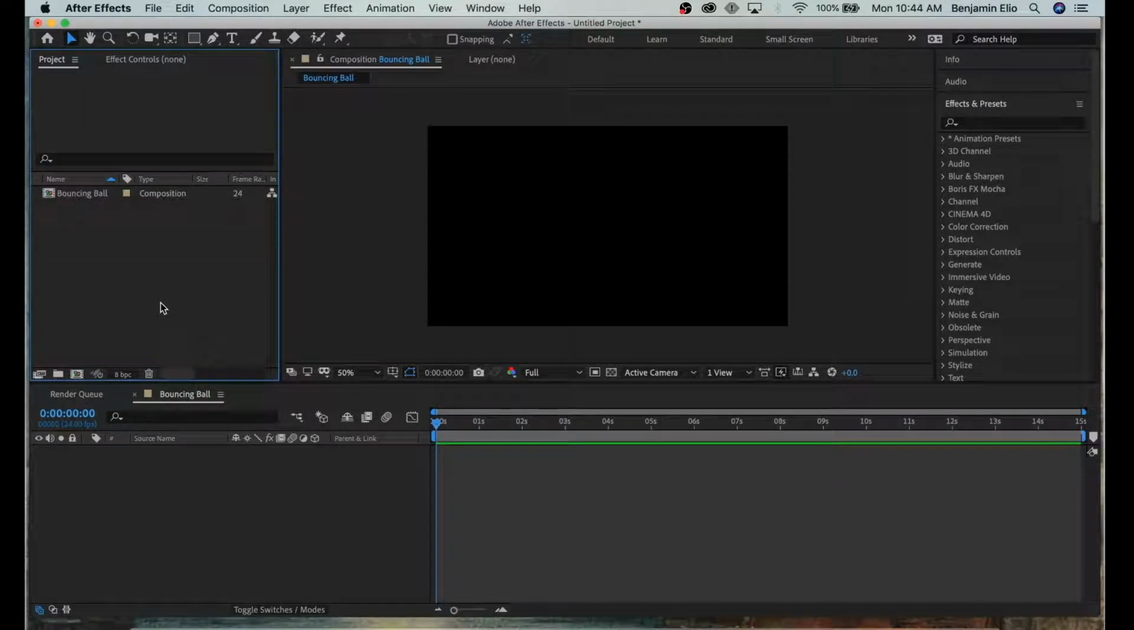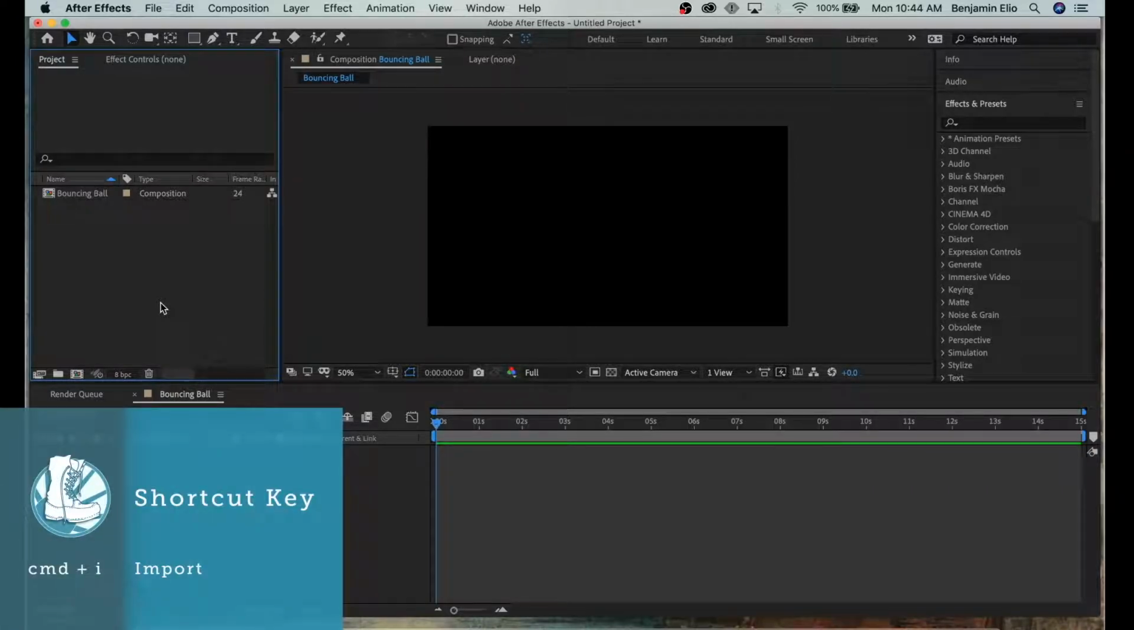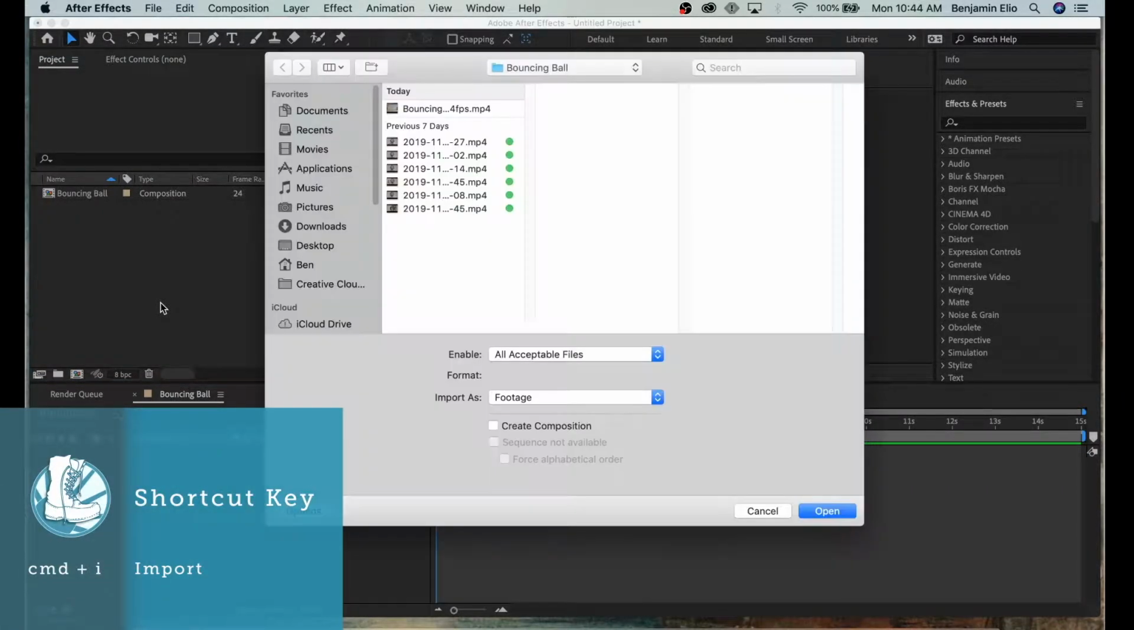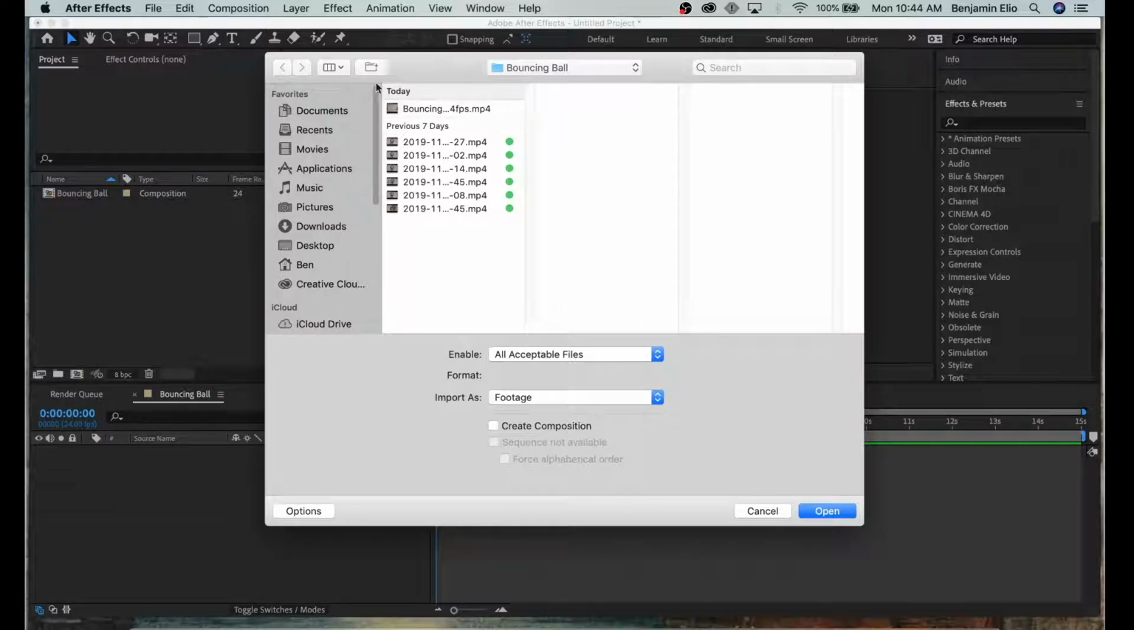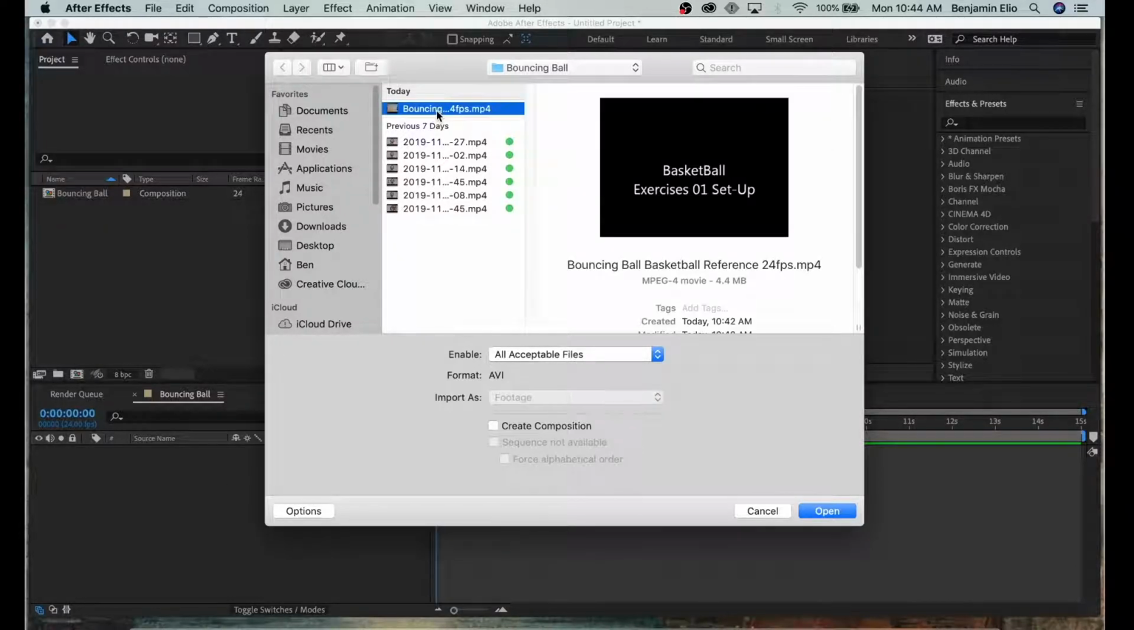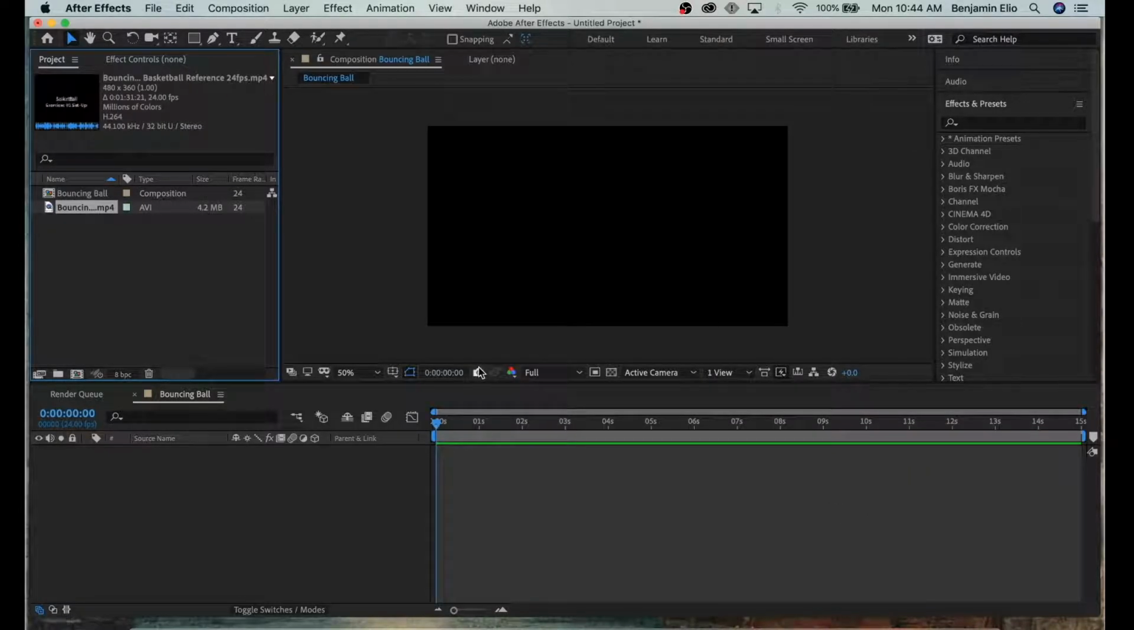To import, you're going to hit Command-I, like I for import, and then you're going to have to navigate to your video. Once you find the video, you can click on it and then hit Open, and that will bring the movie file into After Effects. Now, a movie file is a lot like a shapefile in that when you bring it into the timeline, if you were to click this and drag it into here,